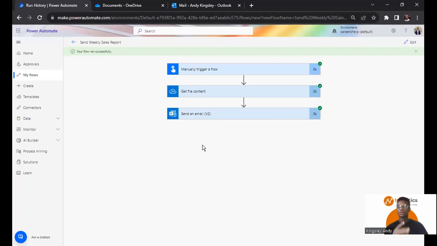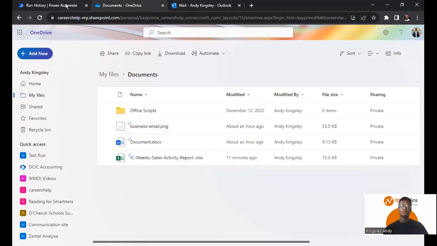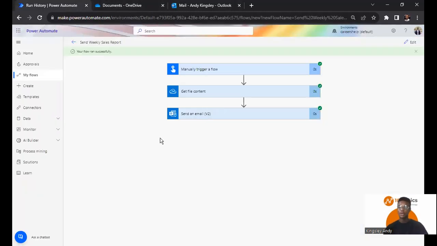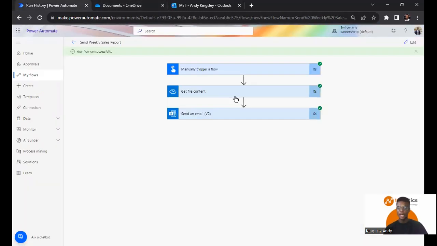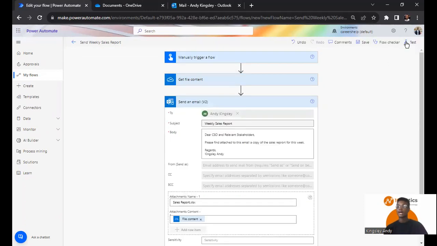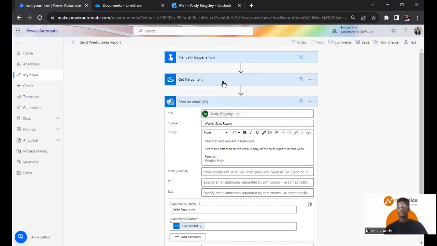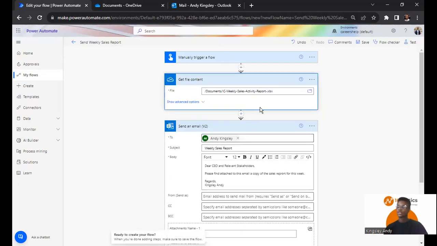And now, maybe you want to change the sales report. What you just need to do is go to the same location where you got this file from, delete this, then update it. Or probably you replicate this file, but make sure it is with the same file name. It's going to get replicated. And what you need to do, just come here, replace the file content as well, replace the file location. Remember how we edited the file location from here? So just replicate it. And with the click of a button, you are sending